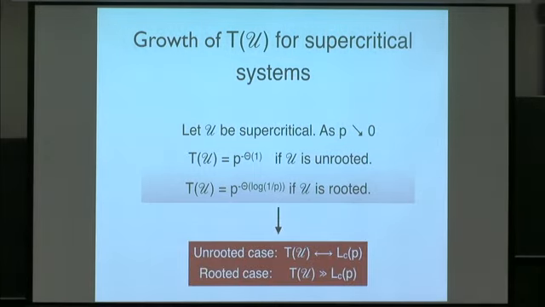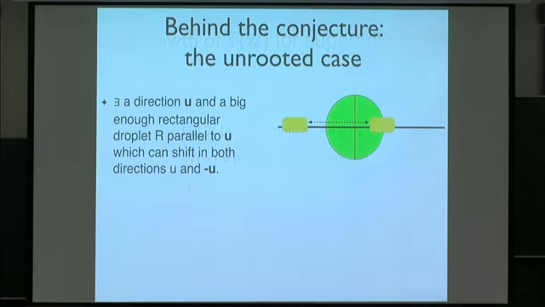So in particular, in the unrooted case, it seems that the infection time should scale like the scaling of the critical length of the corresponding bootstrap percolation, while in the rooted case it is much larger. So behind the conjecture, maybe a quick discussion of the unrooted case. So here there is